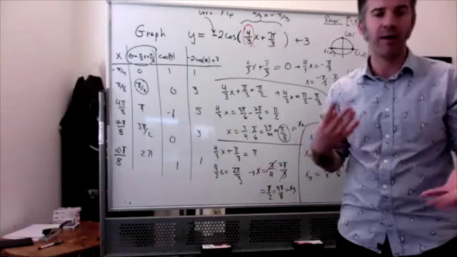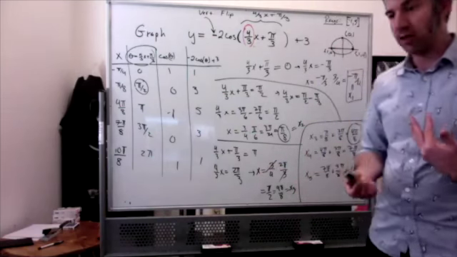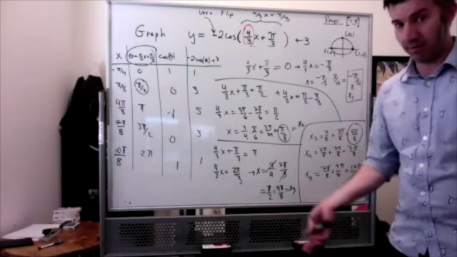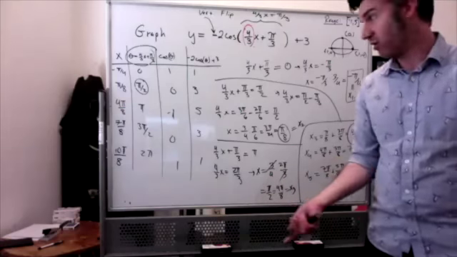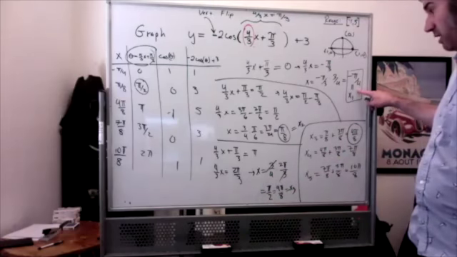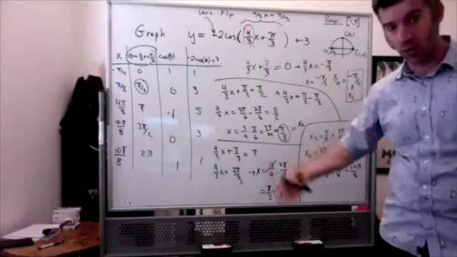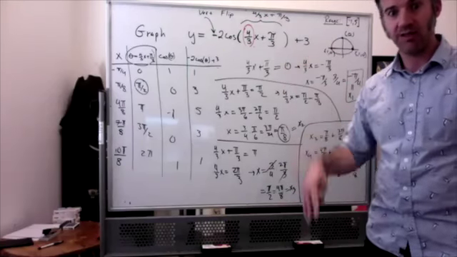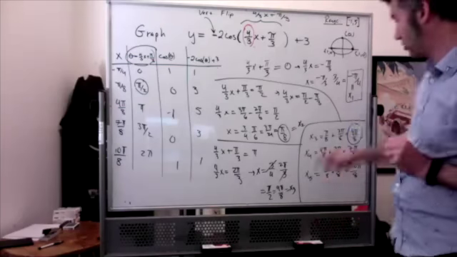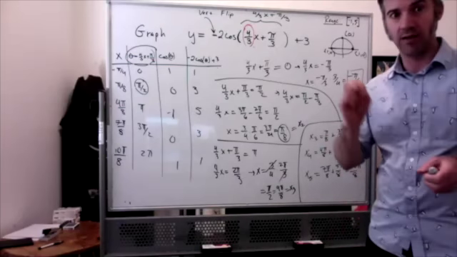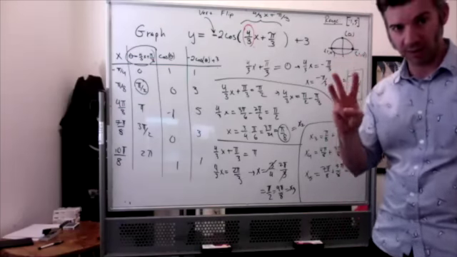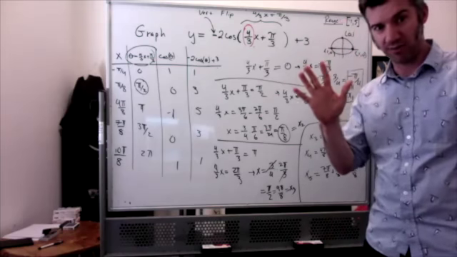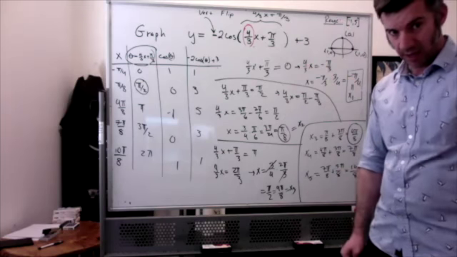I mean, they could show up occasionally, but typically we're just saying, okay, take your period, divide it by 4, find your starting place, which is negative pi over 4, and then just keep adding 1/4 of the period 1, 2, 3, 4 times to get all 5 of your values, right? Because you're starting here, and then you're adding 1 time to get the second value, a second time to get the third value, a third time to get the fourth value, and you're adding a 4th time to get the fifth value. Okay, so